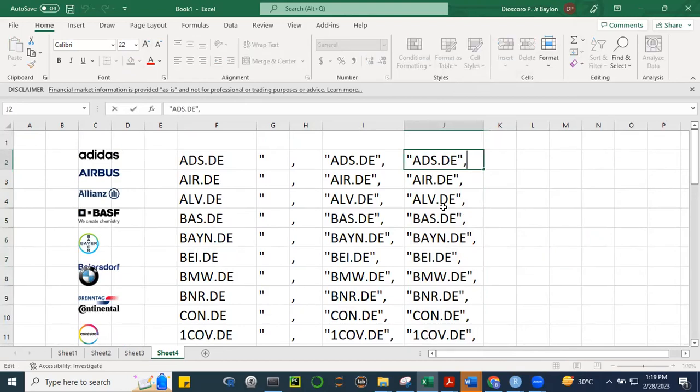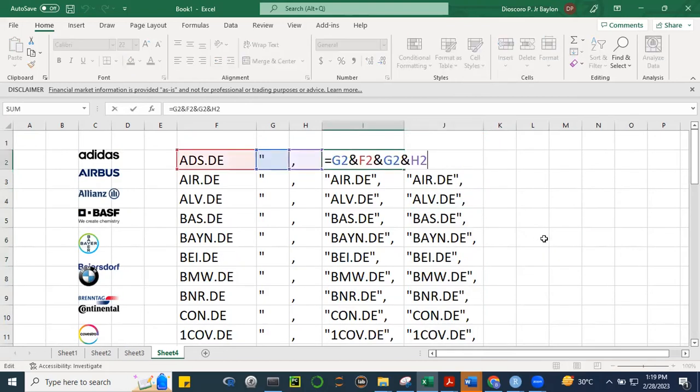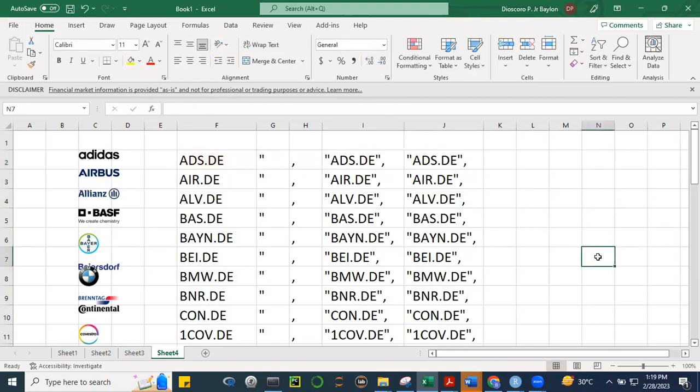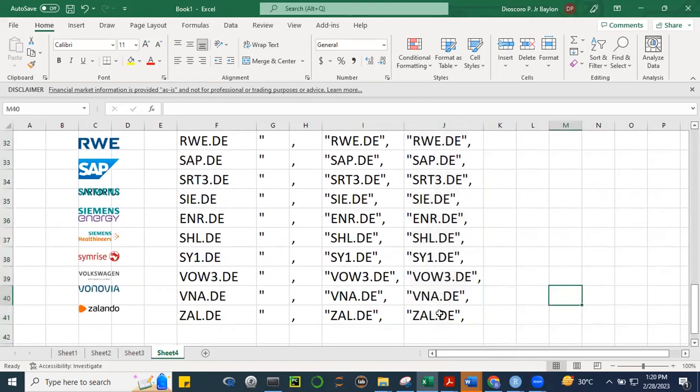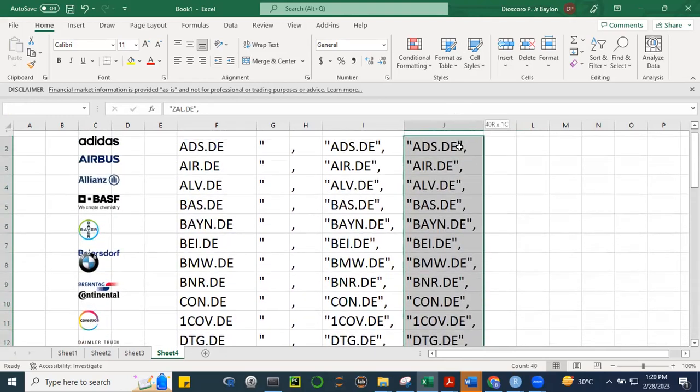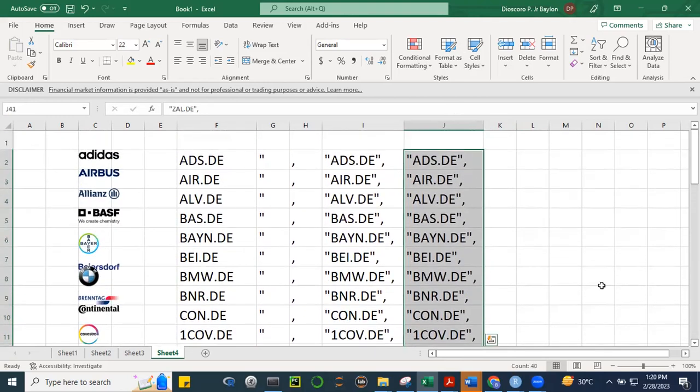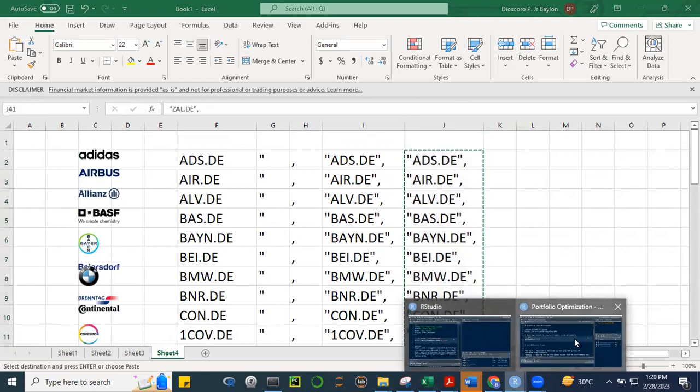There are no more formulas here. This one has the formula. Maybe you were taking notes and you would want to preserve this. So I just copied this to this column and pasted the values. This is what I'm going to copy. I'm not going to copy the one with the formula because that might create problems in R. So I can copy this, Control C, and then in R now, I'm going to paste this,